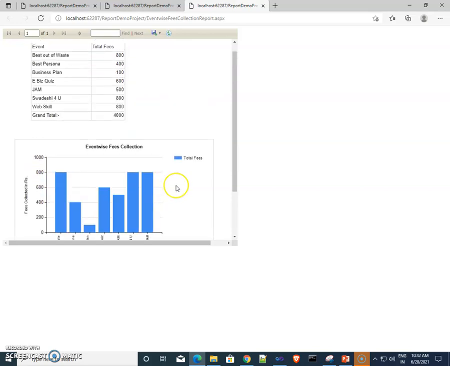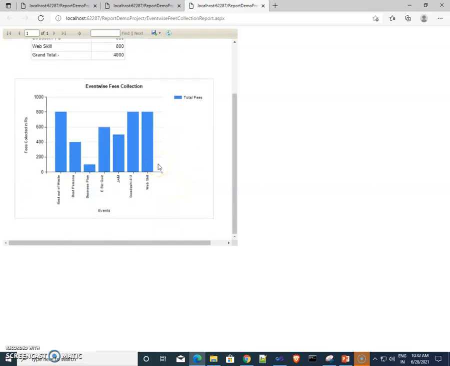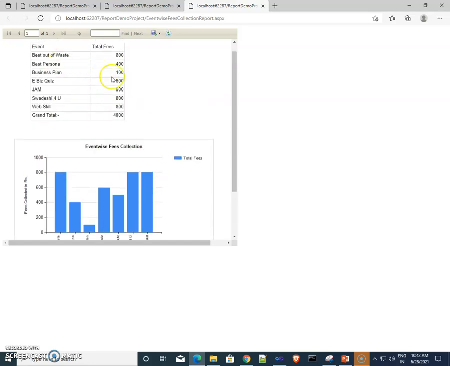So as compared to a table, graphical representation or visualization is always better. In this way you can draw a chart or graph according to our tabular data.